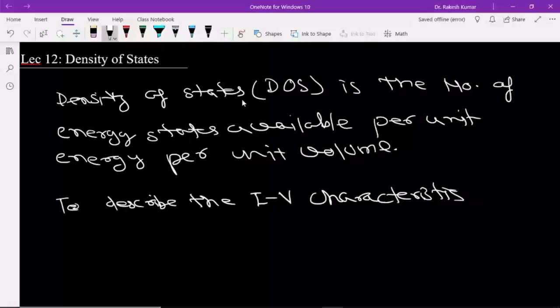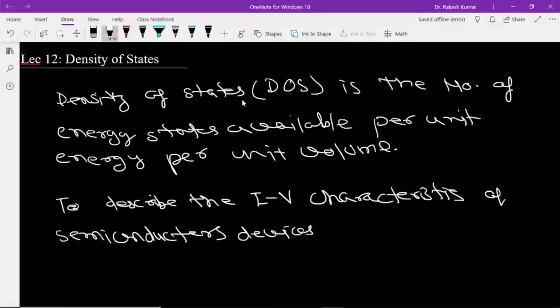So to describe the IV characteristics of semiconductors, or semiconductor devices, it is important